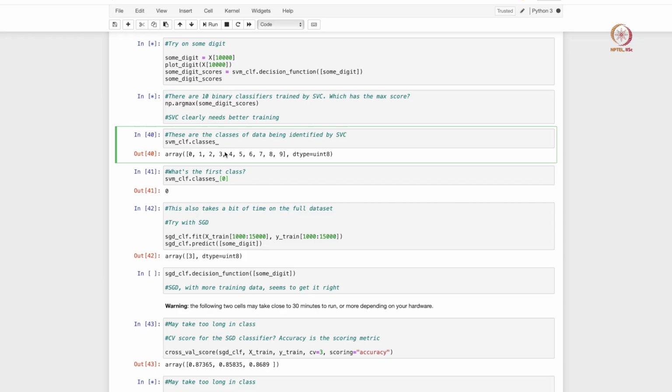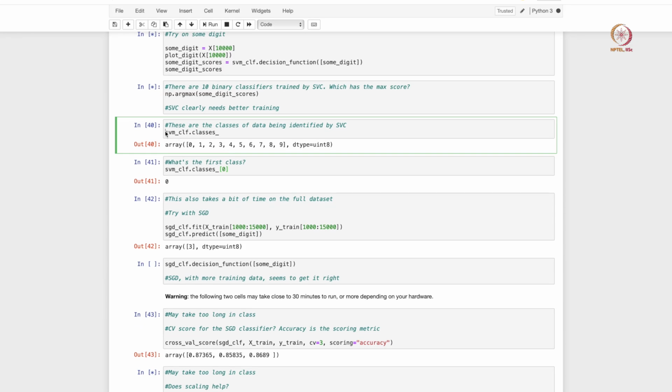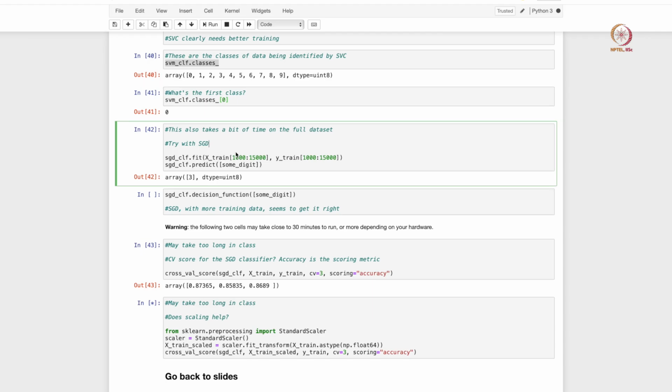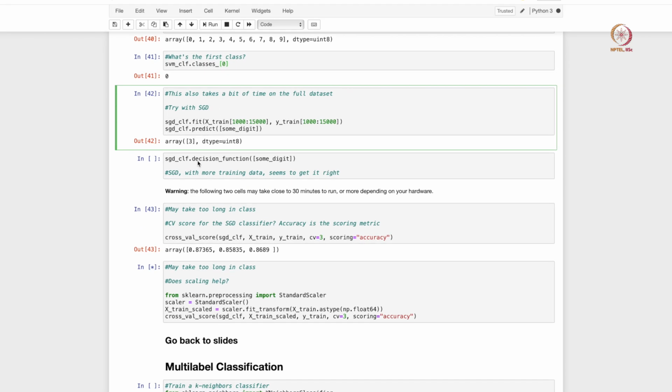And if you want to see what are the different classes that the support vector machine is actually classifying, you can use this dot classes variable, and you see that it is classifying from 0 all the way to 9 here, right. And the first class is 0.